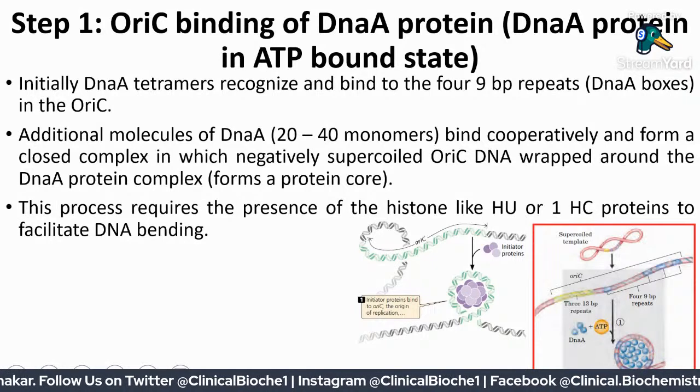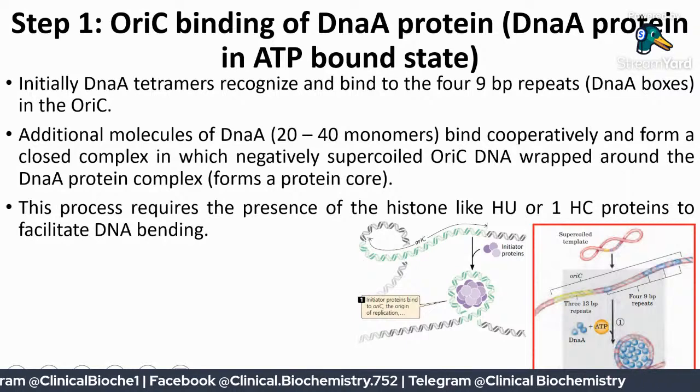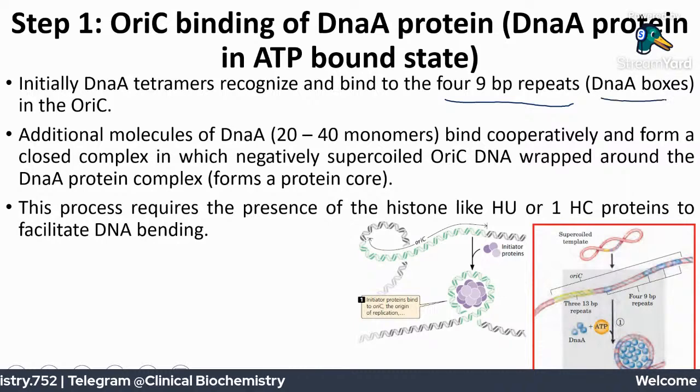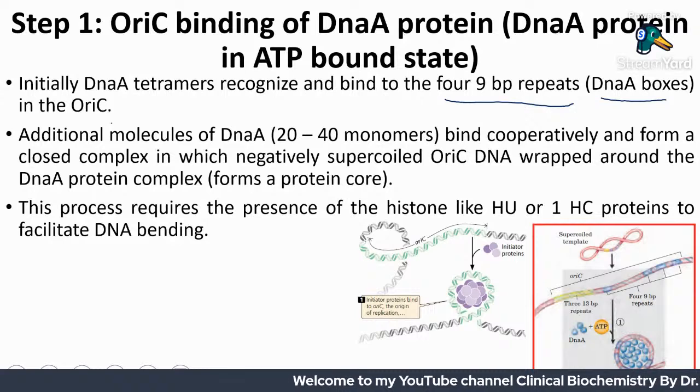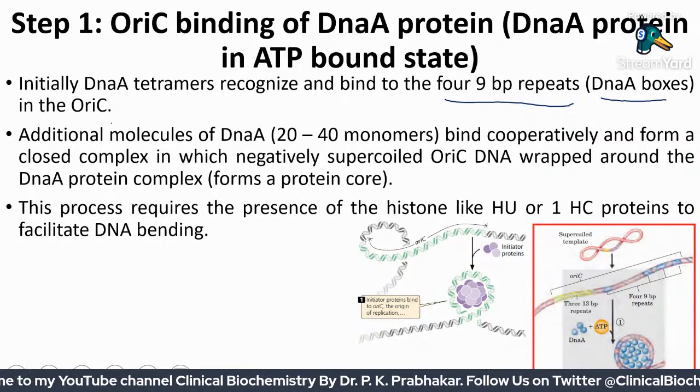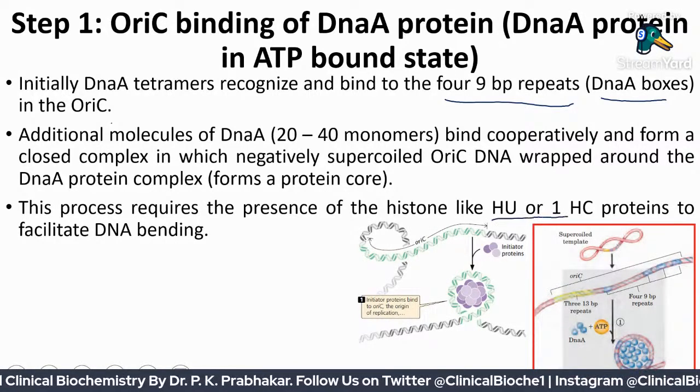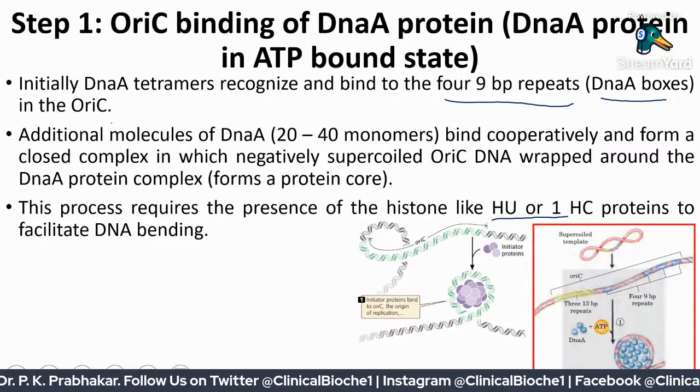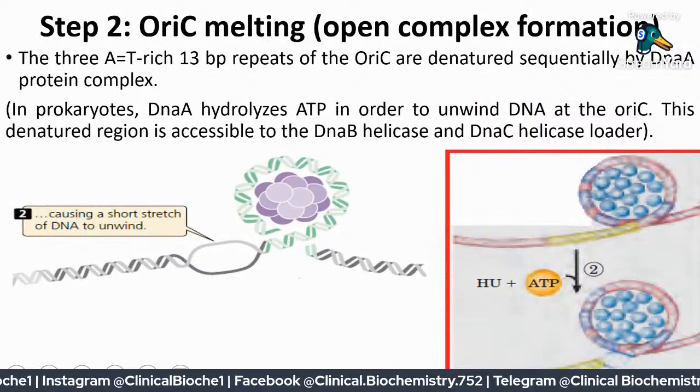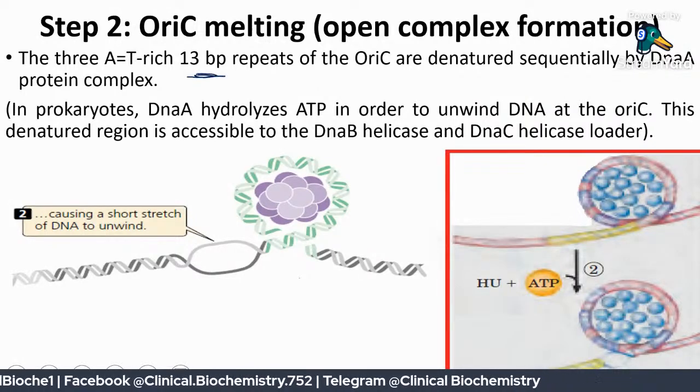So what I have told, this is the explanation of those whole processes. Initially DnaA tetramers recognize and bind to the 9 base pair repeats, जिसको हम DnaA box भी बोलते हैं, at the origin of replication, और इसे additional molecules of DnaA bind cooperatively and form a closed complex, जिसको मैंने बोला loop like structure बनाता है। उसके बाद HU प्रोटीन आता है along with ATP and starts opening the 13 base pair regions, which is AT rich region. Fine. So a 13 base pair region is AT rich region, जिसको ओपन करता है, जहां से डीएनए इनिशिएशन स्टार्ट होता है।